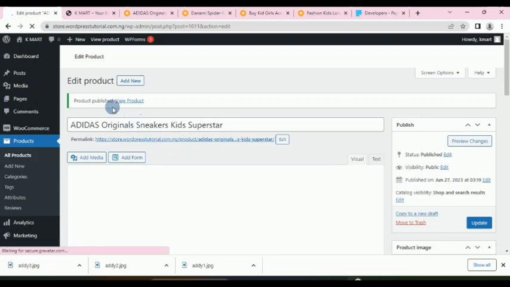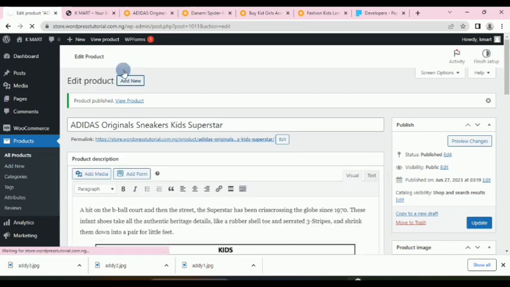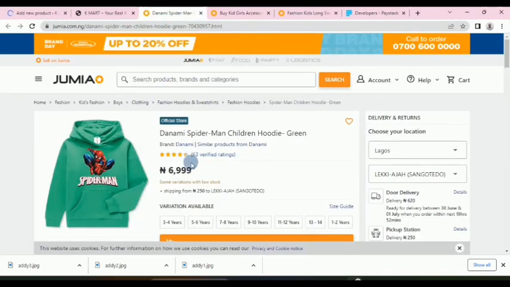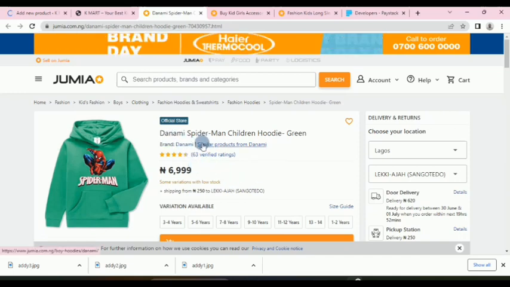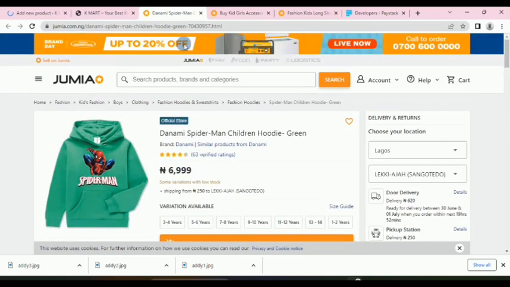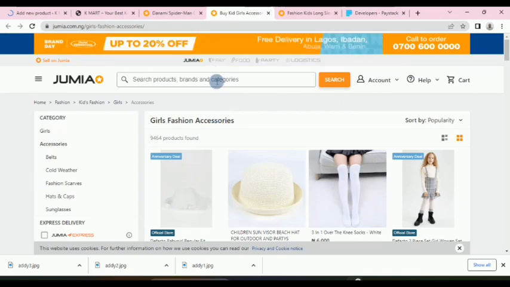So that product has been added. So we need to add another one. Okay, so we click on add a new one. So this one here, I'll close it. So you do the same thing to add as many products as possible. But for me, I want to add one that has variation so that we can see